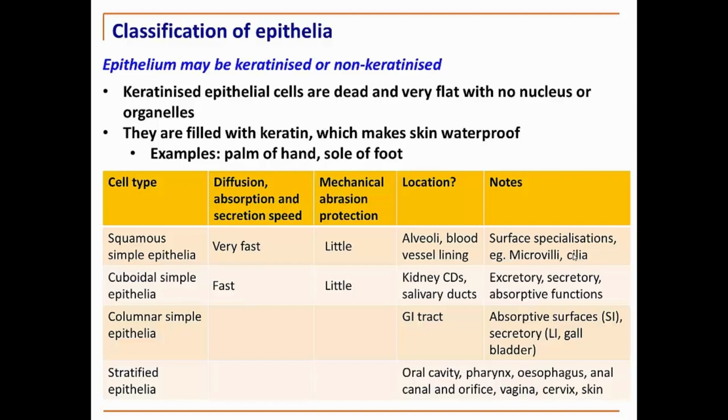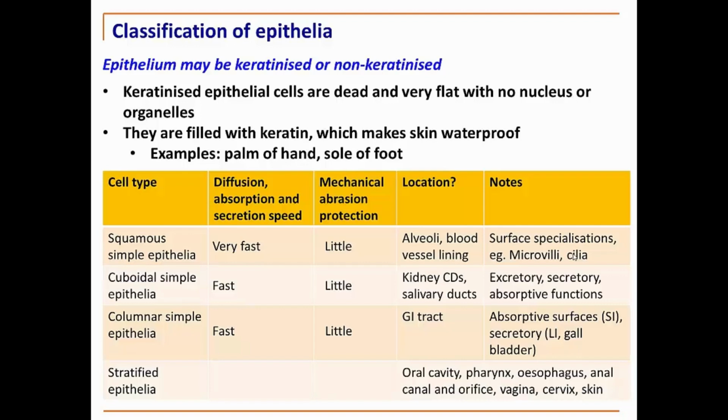Now we'll move on to our simple columnar epithelia. So again, how fast is diffusion? Well, again, they're relatively fast because they're found in the GI tract where we're absorbing lots of nutrients. So our absorptive surface in our small intestine, that's what SI stands for, and our LI, our large intestine, and gallbladder. So what about mechanical abrasion? Again, not a lot of mechanical abrasion protection. They're single layers as a general rule, and single layers don't have a lot of mechanical protection